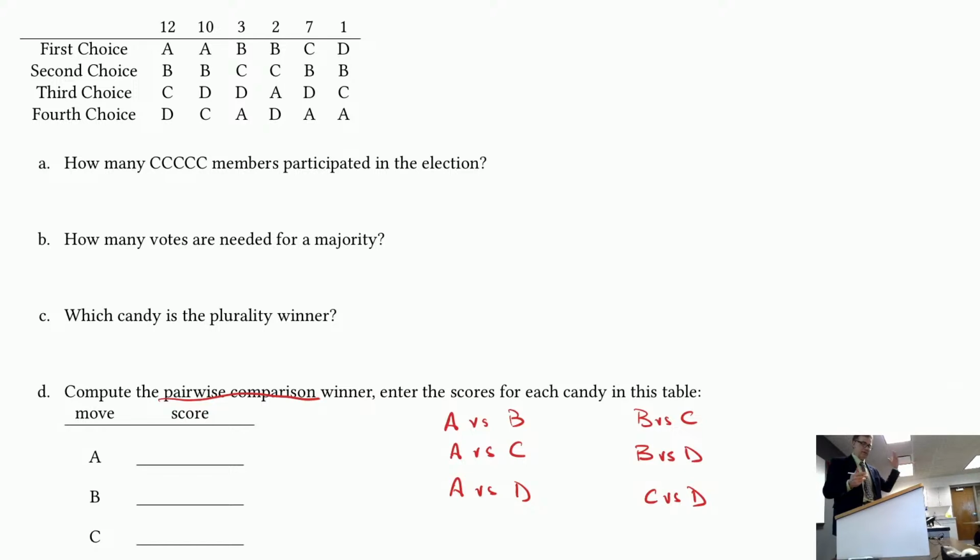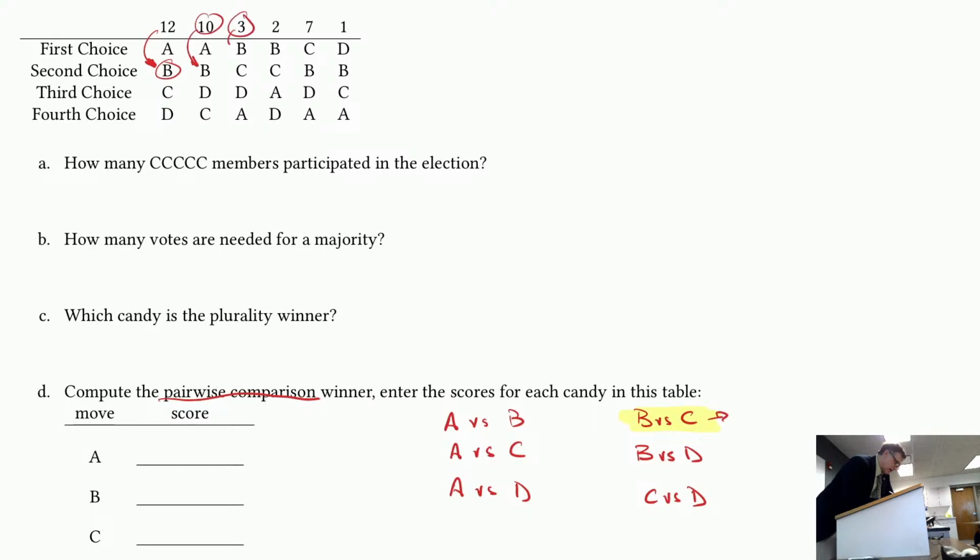I mean, I could do them all, but they're on the answer key. So I don't know that I need to do any more than just one. Let's just do B versus C, just to illustrate how this works. So for B versus C, I'm going to ask, okay, who does everyone vote for when you're doing B versus